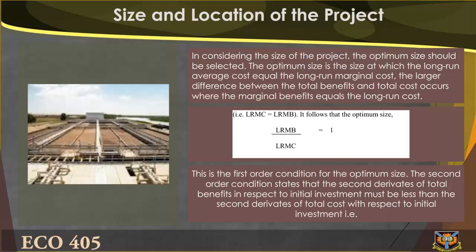This is the first order condition for the optimum size. The second order condition states that the second derivative of total benefits with respect to initial investment must be less than the second derivative of total cost with respect to initial investment, that is,